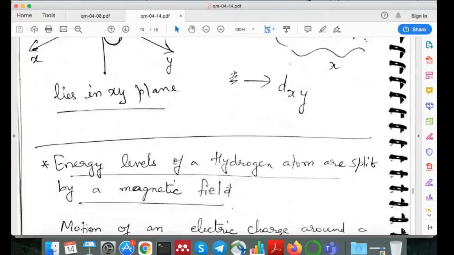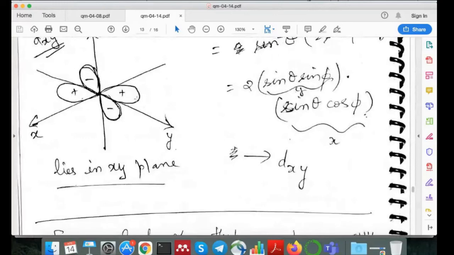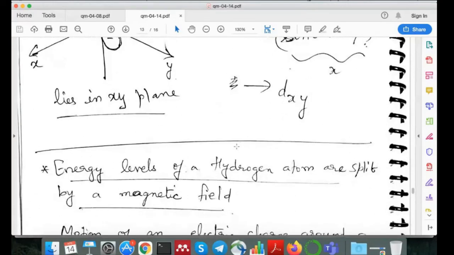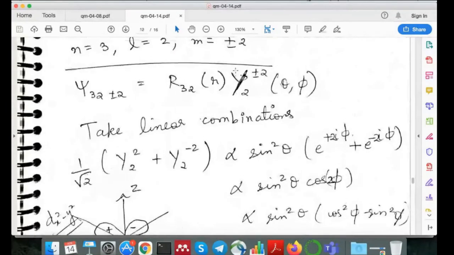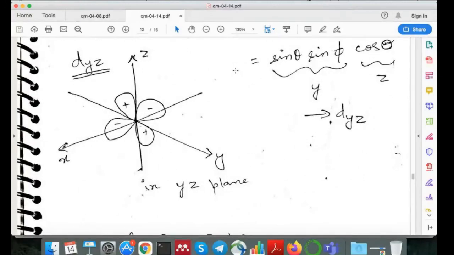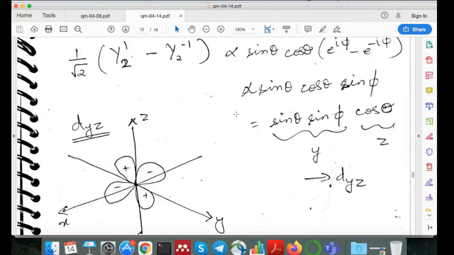So this part is done. Now let us go back to the Zeeman effect. Any questions up to this part? Do you follow how we got all of these wave functions and how we have plotted all of these? I've given you a specific idea because these should actually be plotted in 3 dimensions, but that is not going to be easy. So I've just given you an intuitive idea of why it is dyz and why it is dxz. Do you have any questions here?